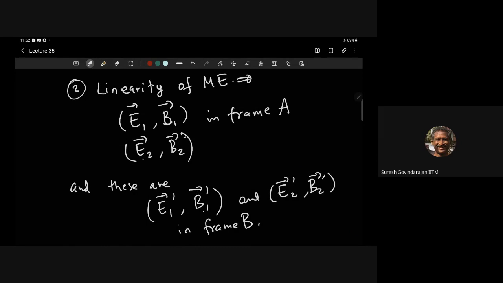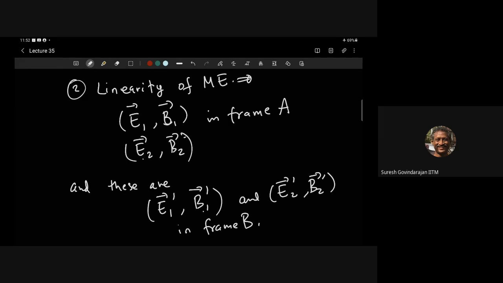They can turn on sources. They can do various things. So observer A turns on something, creates some sources, and measures electric field E1 and magnetic field B1. Then observer B will measure the same. It's the same setup. Observer B will measure E1 prime, B1 prime. That's what I mean. For the same setup, same sources, same everything.